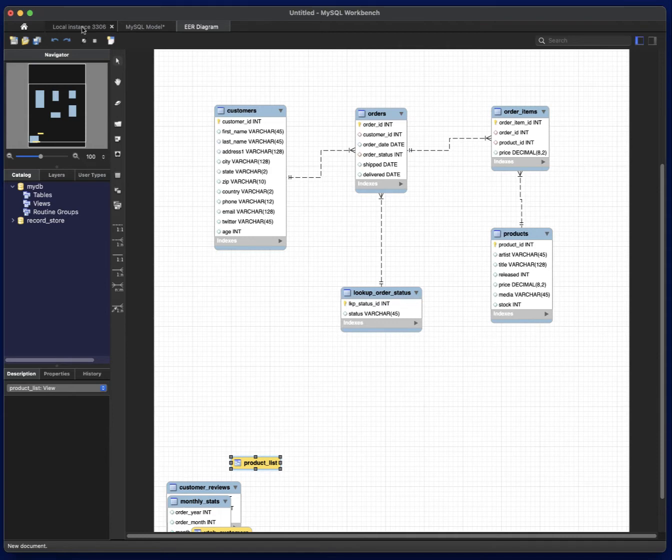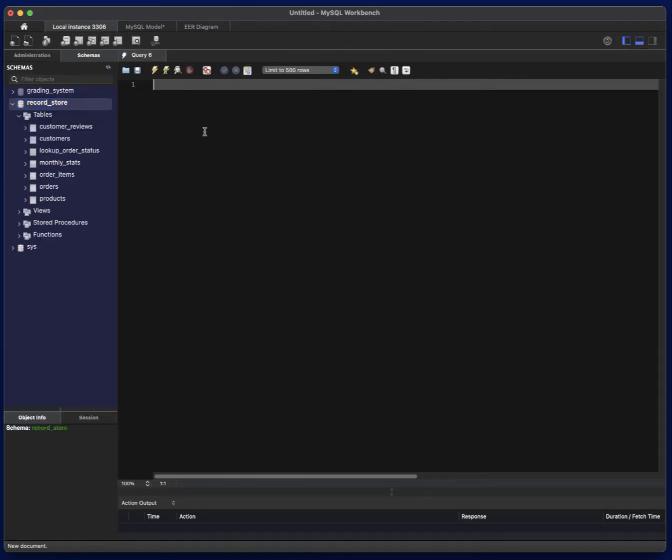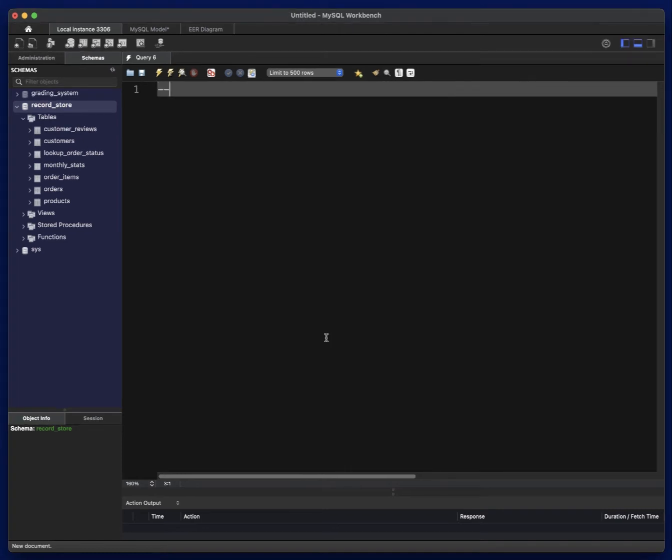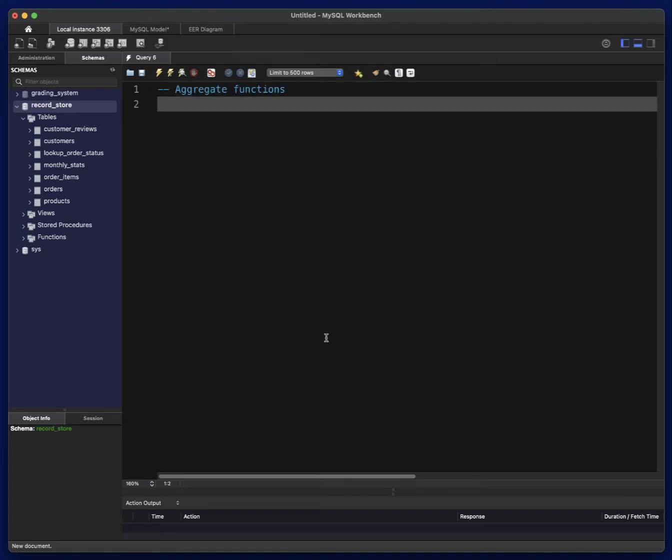I'm going to go back over to my local instance, and I'm in a query window here. So the first thing that we're going to take a look at is aggregate functions. And MySQL has a very large number of these aggregate functions, which can be used for many different purposes, like counting and summation, taking an average and mean and maximum, minimum, and many others. So we'll take a look at a few just for examples. And the important thing to realize is that when we select data,